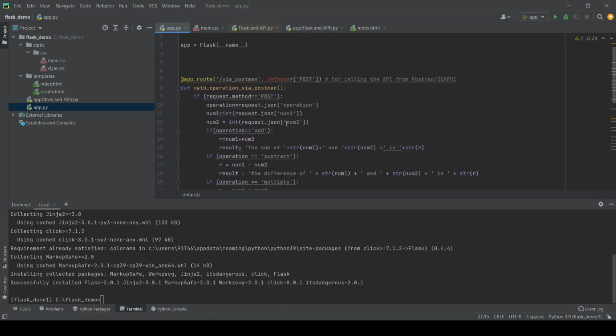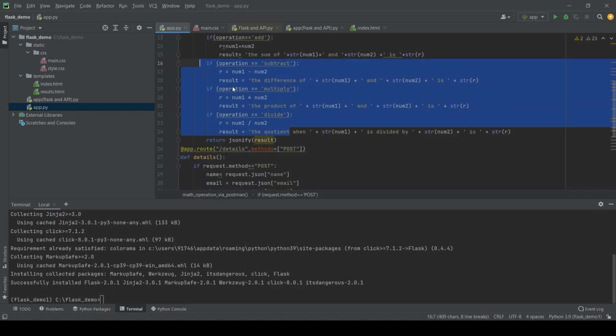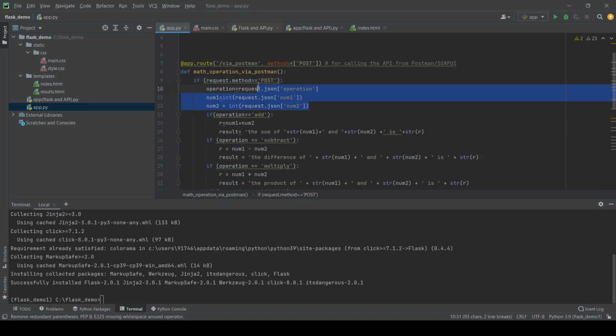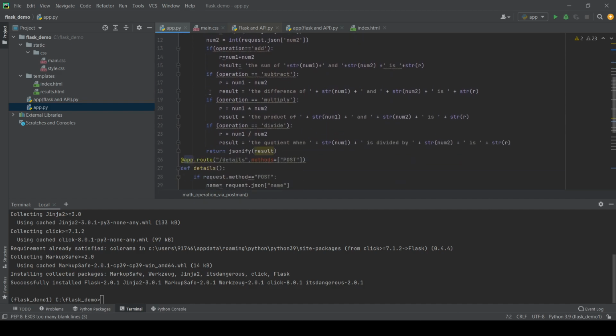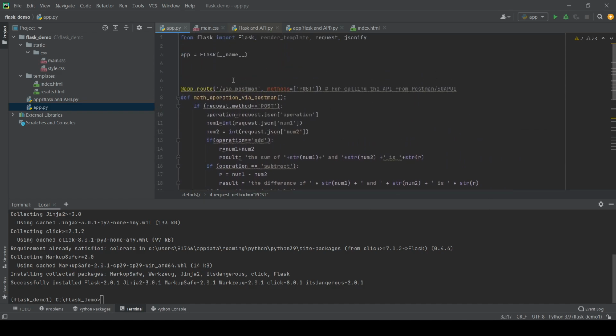So that's what I'm doing over here also. I'm using the same function with the same definition, but I'm adding some extra statements. If request dot method equals post, and so on, I'll explain each and everything. That app dot route is another function. Actually, I didn't mention it before. What I'm doing here now.